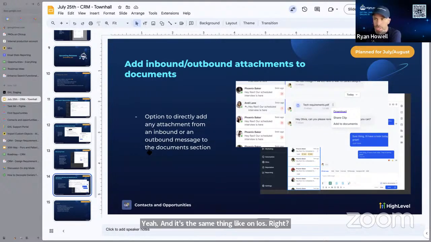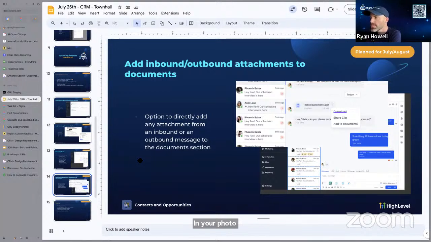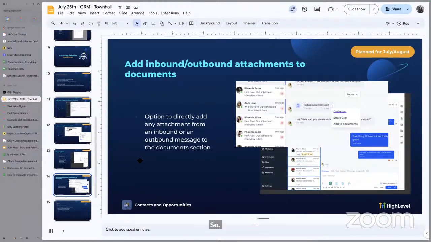Yeah, and it's the same thing as on iOS, right? You get a bunch of GIFs from your friend. You don't want that in your photo library, but individually you can be like, yeah, add that one to my photo library, add this one. So yeah, that can be pulled out of the email. I get what you're saying as far as quote unquote attachments, but the true attachment is tagged in the header of the email,